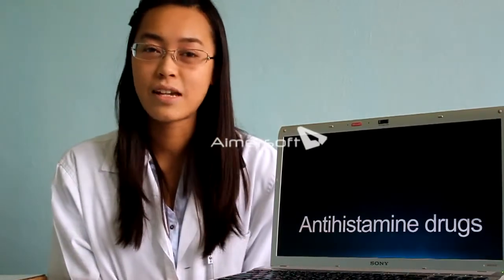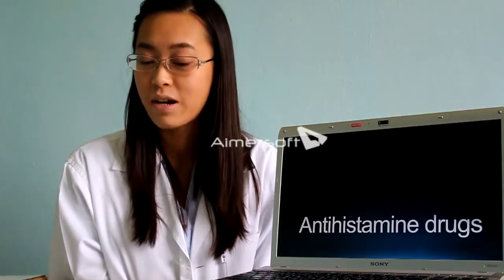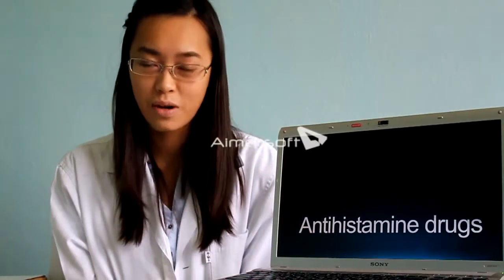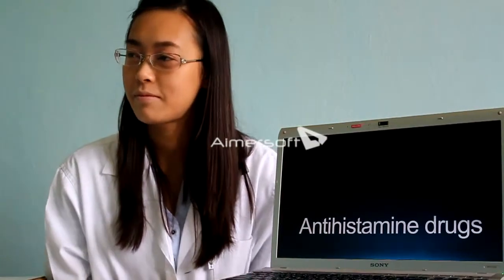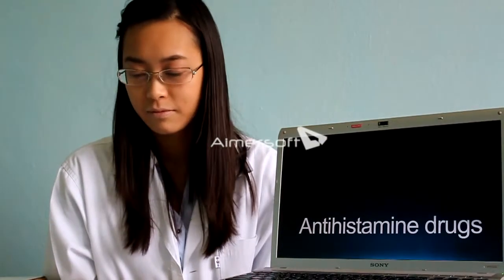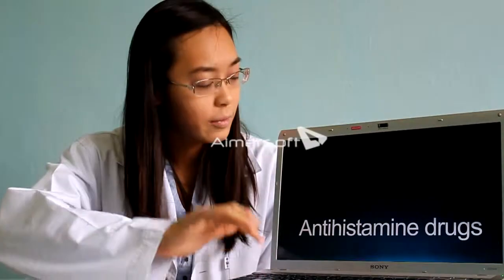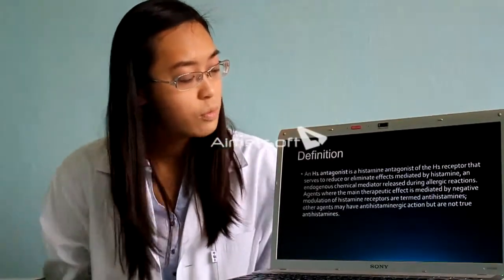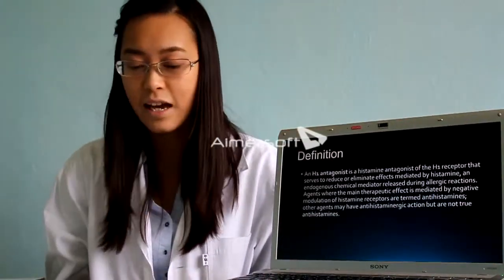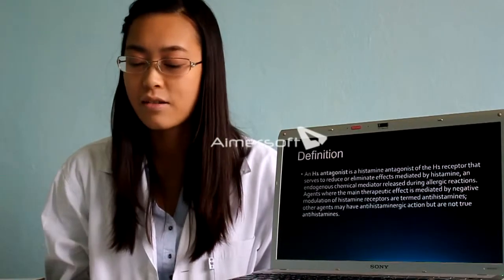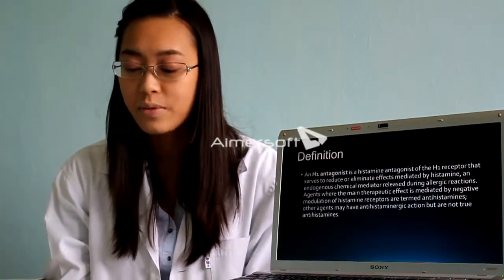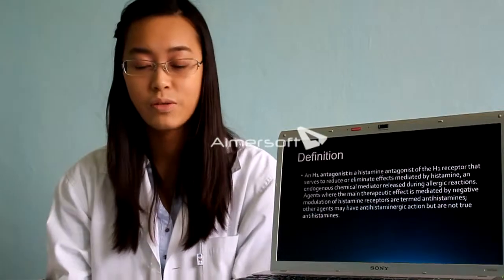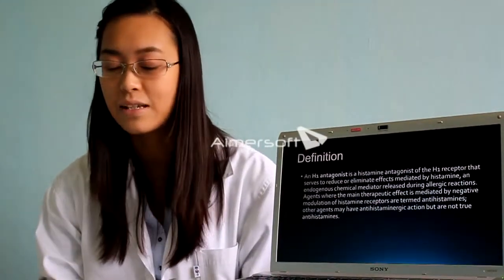So today we will discuss antihistamine drugs, to be specific, H1 antihistamine drugs. Let's start from the definition. What is an H1 antagonist? An H1 antagonist is a histamine antagonist of the H1 receptor that serves to reduce or eliminate effects mediated by